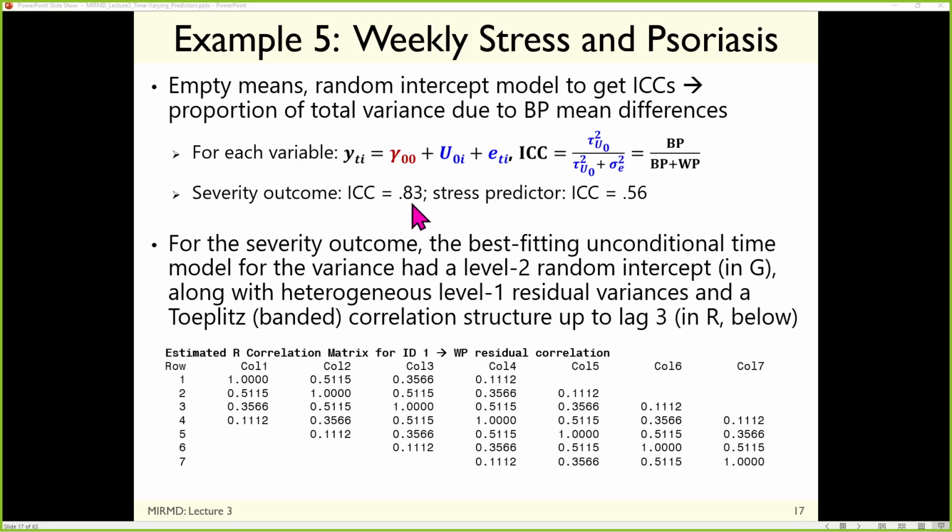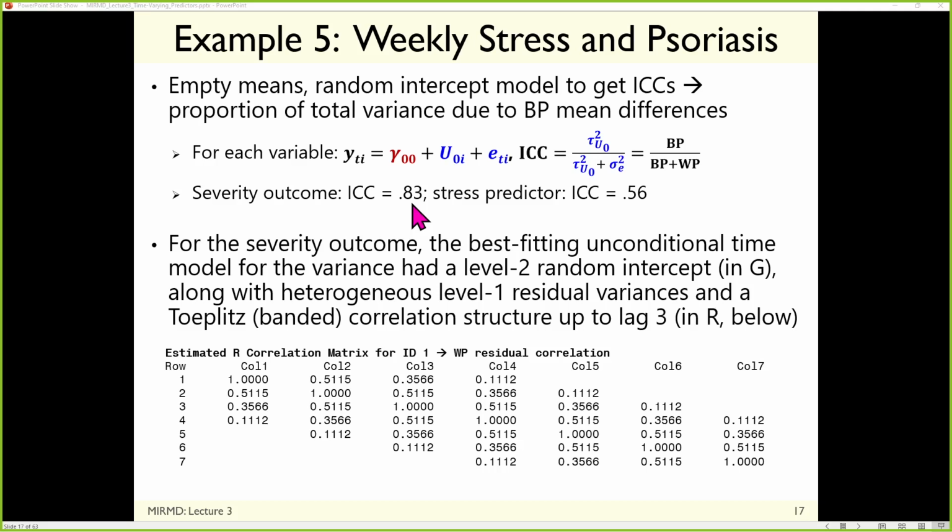So that means that her dissertation committee gave her an 83% waste of time as an extra task. Now, why am I saying it that way? Oh, a few people want to join Methods Lunch. Excellent. We'll get that going. Why am I saying that this is an 83% waste of time? Any guesses? What's 0.83 mean? The percentage of between person variance. Yep, percentage that's between person, percentage that's due to mean differences, percentage that is cross-sectional, which she already did.